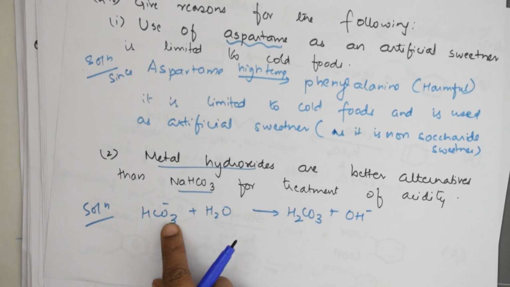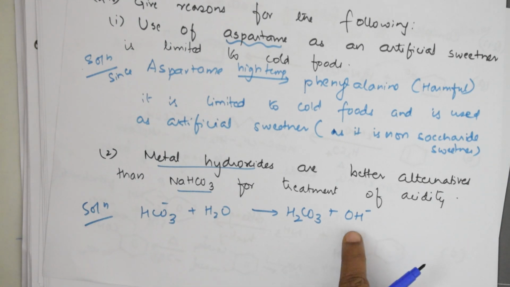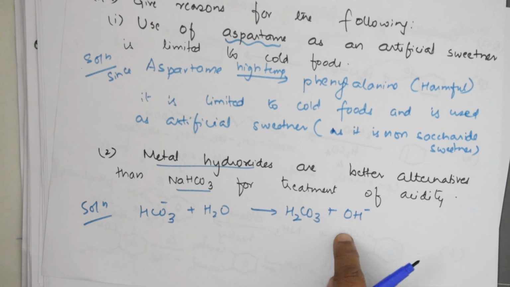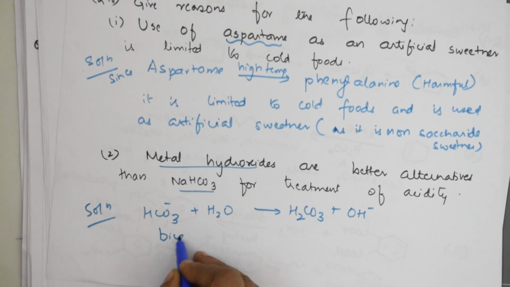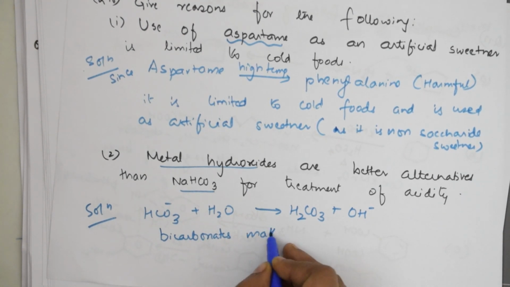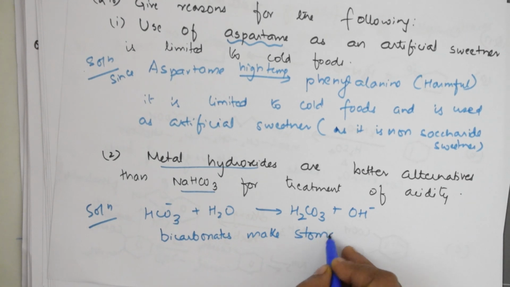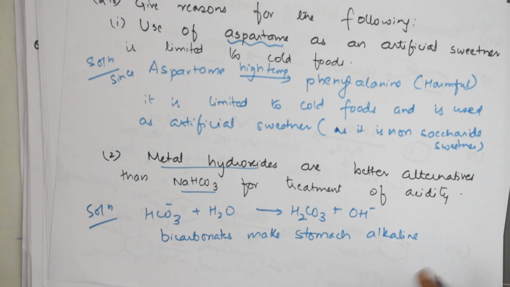Here, hydrogen carbonate, to reduce acidity, releases more OH minus. So this will make the stomach alkaline in nature. Correct? So you will write this reaction and say bicarbonates make the stomach